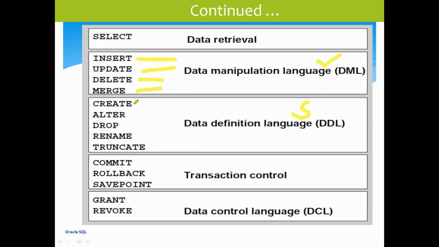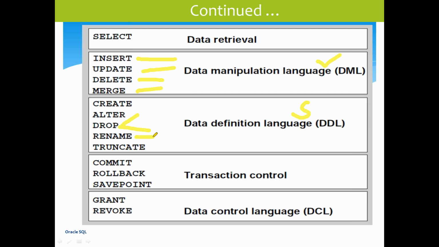Then definition, DDL, all the structure related. We can create any object, mostly table only we are using. So you can say table also, if you are confused about object. Create table, alter table: creating a new table, then altering the structure of the table. Structure means column name, column length, data type, all those things. So we can do the alteration. Then drop, it will remove the table, it can remove the column. For table removal drop can be used, for column removal also drop can be used.